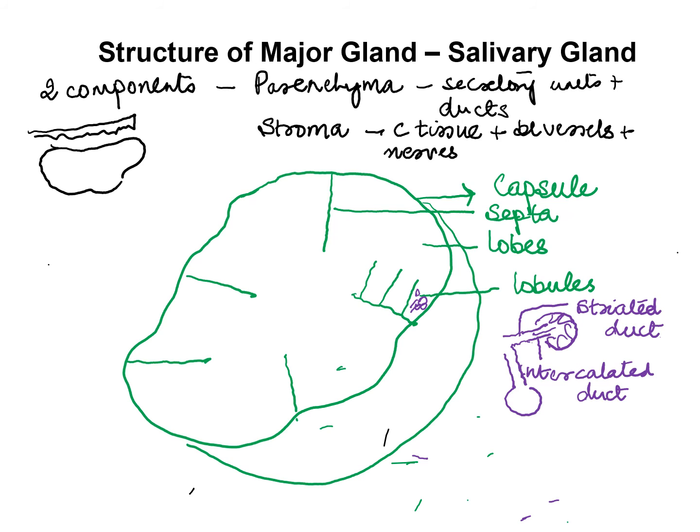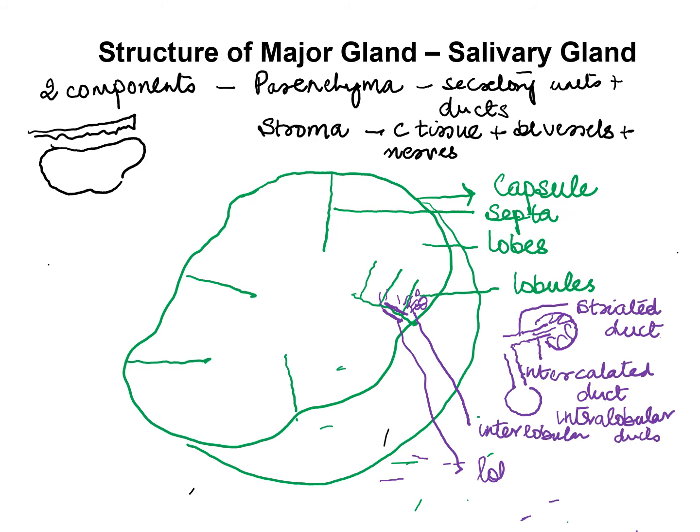Now both this intercalated duct and the striated duct are present within the lobule. So they are intralobular ducts. These striated ducts of other groups of acini would join together to form another ductal system, which would be running between these lobules, which would be the interlobular duct. So the interlobular duct would again combine with the interlobular duct of some other septa and ultimately form the